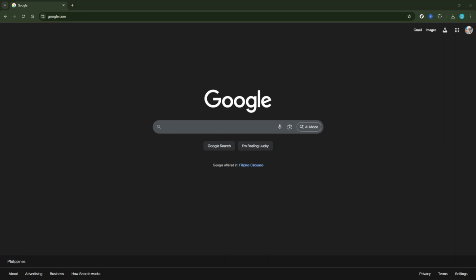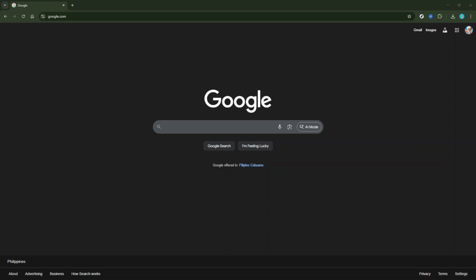In today's video, I'm going to teach you how to take a scrolling screenshot in Windows 10 or 11 as a full page capture, specifically using Google Chrome. This method is really handy when you want to save an entire web page without having to stitch together multiple screenshots. So, let's dive in and break it down step by step.